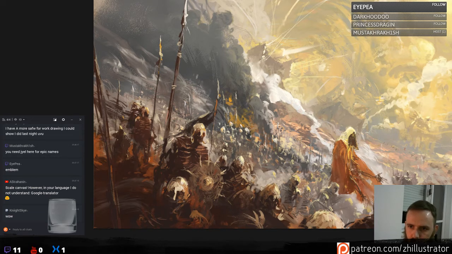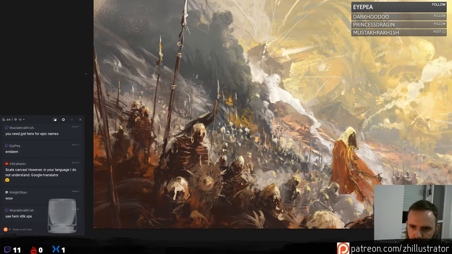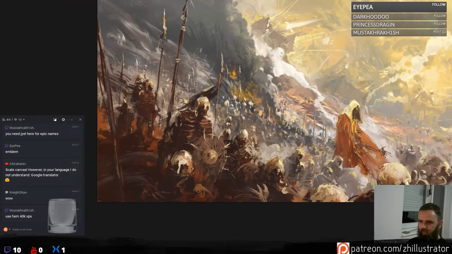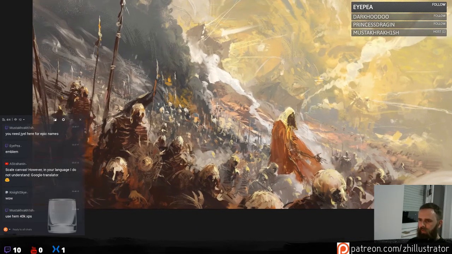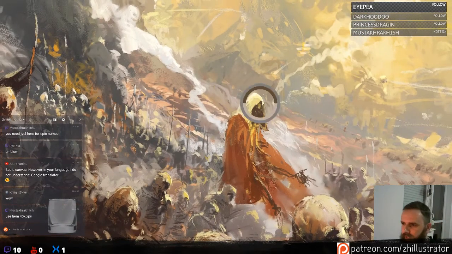Scaling the canvas was really a good decision. Use them 40k XP points. Yeah, this is a good chance to use the 40k experience points. But I still need to figure out what to do with this guy here, because I need to make him.